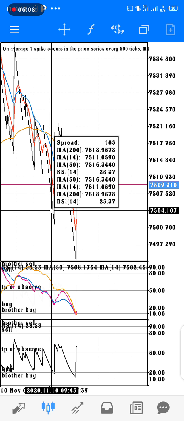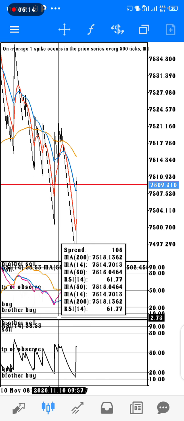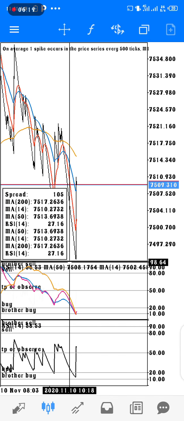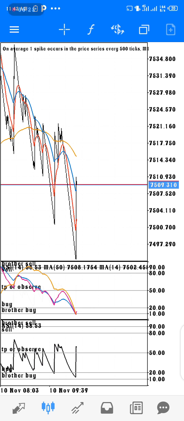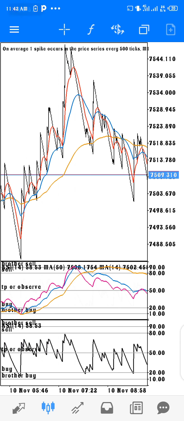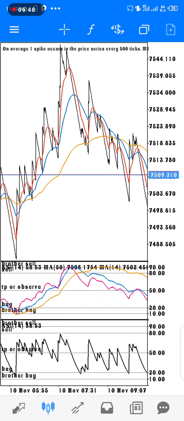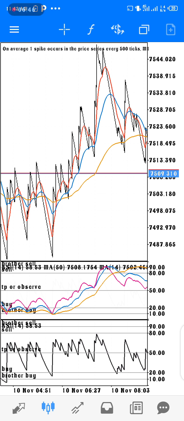You buy when the moving averages are in this zone, and also in this zone. You can see what happened is spiked. Now, for following trends, you zoom out the last zoom. I prefer using the last zoom. Wherever the orange moving average is above the blue and the red, you look for selling opportunities. Wherever the orange moving average is below the blue and the red, you look for buys.